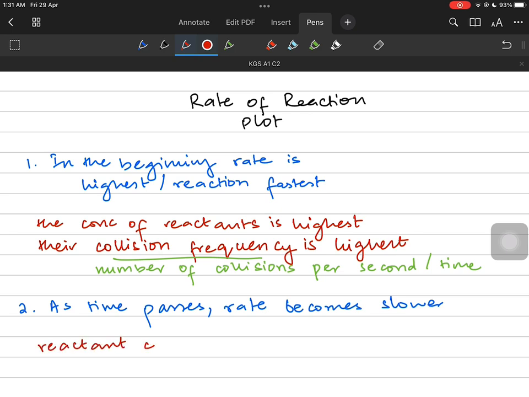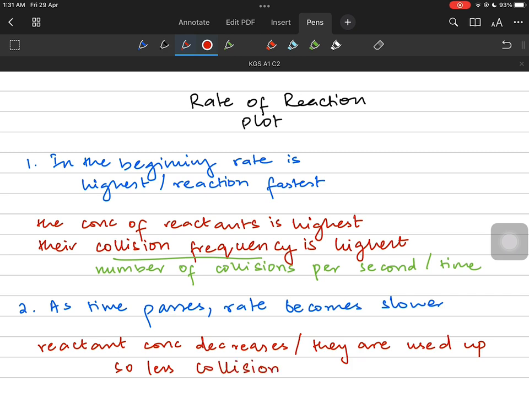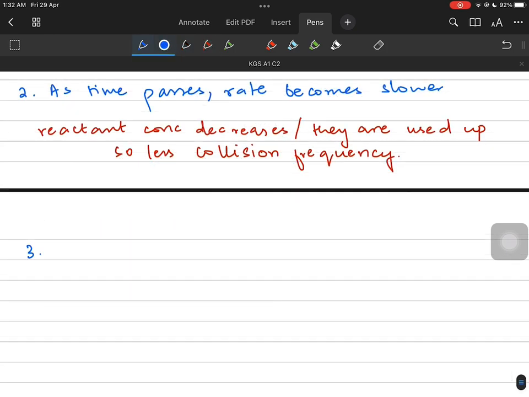Because reactant particles are used up. And as the reactant particles are used up, the reactant concentration decreases. Since the reactant concentration decreases, there are fewer particles per unit volume. Fewer particles per unit volume result in a lower collision frequency, fewer collisions per unit second, which means obviously the